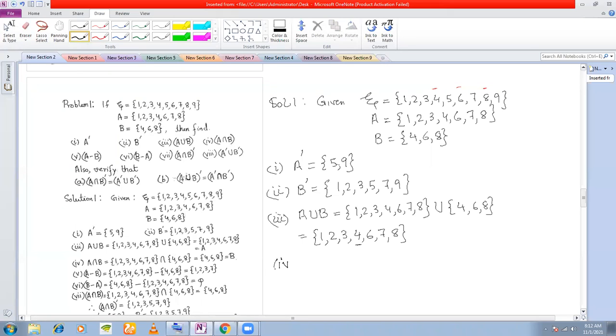So this is number 3. Number 4. B is a subset of A. Yes. Okay, sir. A intersection B. In fact, let me go to A union B once again. If you see A union B, very interestingly, it is nothing but the set A, right? Yes, sir. You see that A union B is the same as the set A.